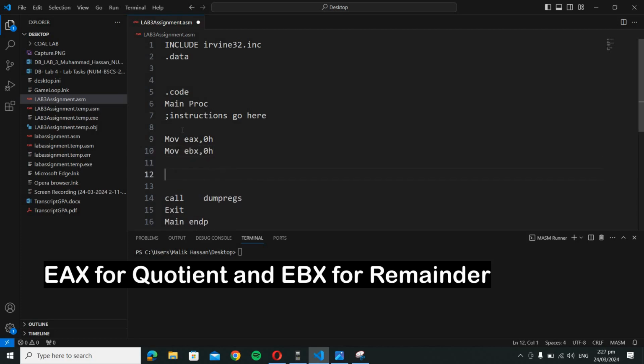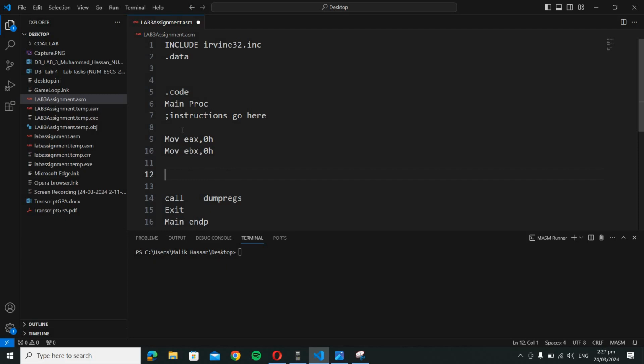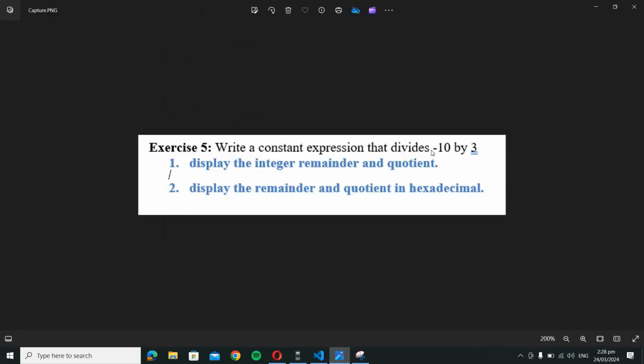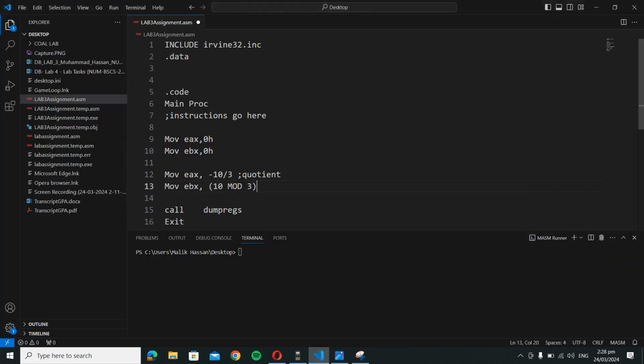Now our first task is to get the quotient. So how we will get the quotient is MOV EAX, and our question is minus 10 divided by 3. So by this we will get the quotient. And the second thing we have to find is the mod. So EBX we will move